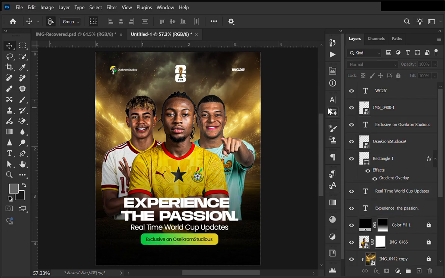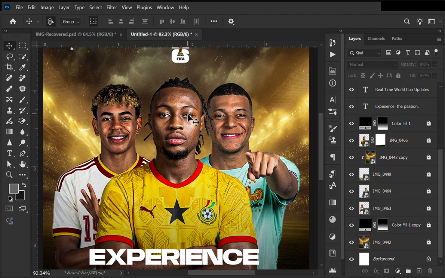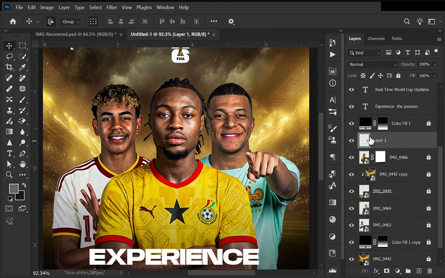The next thing now is to add lighting just to make it pop. That's something I do for most of my designs. So how do I do that? Just watch how I do this now. So first, the lighting I'll be adding to this guy. I go to the layer, create a new fill, empty fill. Then